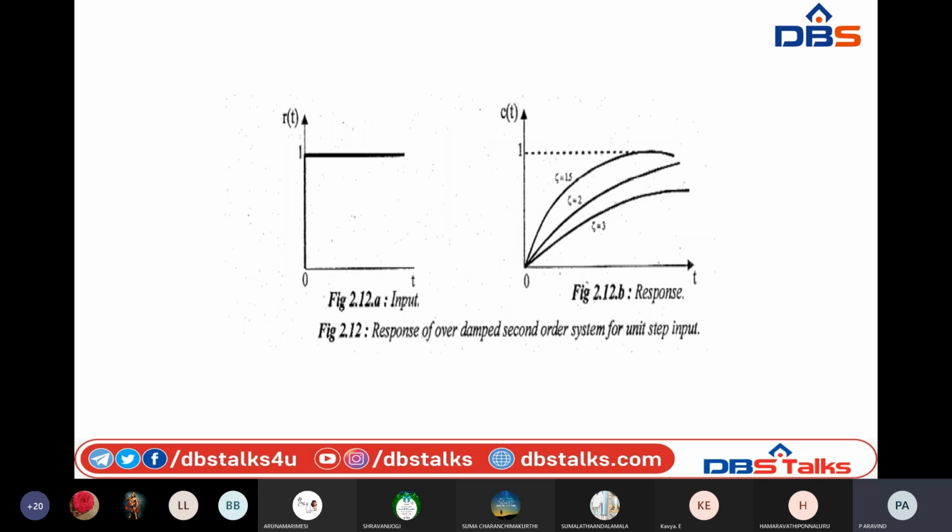In the next class, we will see time domain specifications, that is mainly transient response characteristics of the control system in terms of time domain specifications, that is delay time, rise time, peak time, maximum overshoot, and also settling time, followed by their expressions, and also responses with some controllers, that is P, PI, PD controllers. So we will see in the next class.